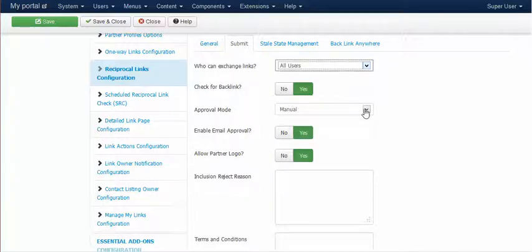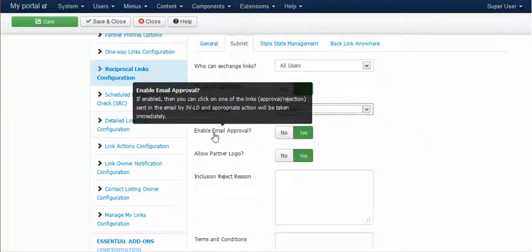Now once a link exchange is submitted, how would you want the approval mode to be? That's the next option. You can either select it to be automatic or manual. And then the option called enable email approval. If you enable this particular option, then JV Link Directory would actually send you an email with links to approve or reject the link exchange request from your partner.